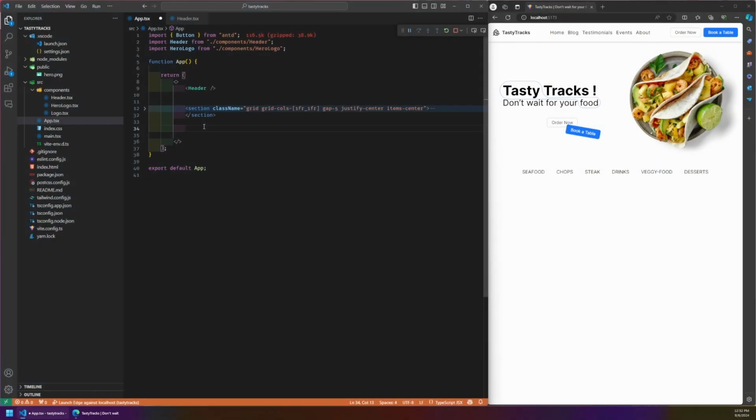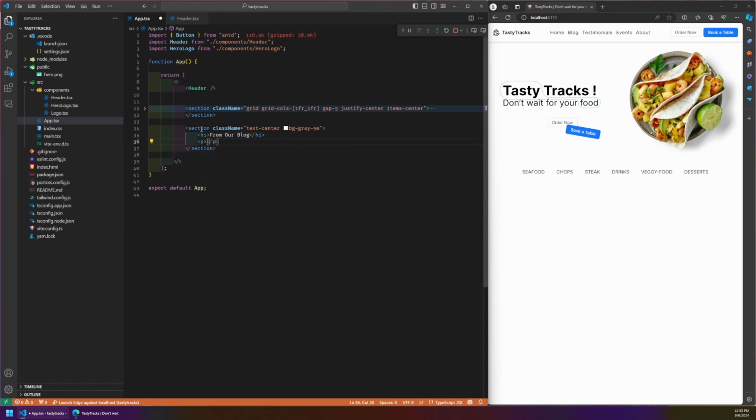So let's see. We've got all these items set up. And so let's go to the second section. So it's going to be a section. And it's going to be a very simple section with text centered. Text center. And the BG of gray 50. It looks better. And then we've got H1, which contains from our blog, and then a subsection, which is going